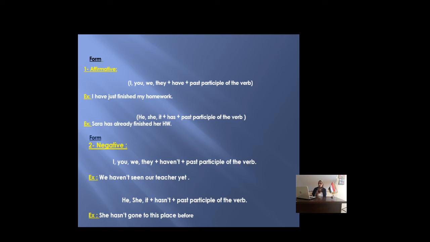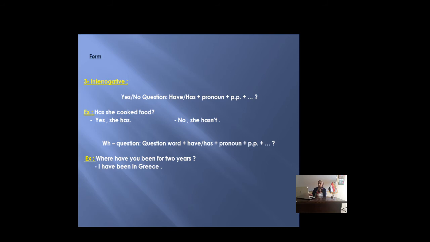Let's go to the other one that we have here. It's slide 7, the interrogative form, which means the question form. As we said, we have 2 types of questions. We have yes or no questions, which means that we have to start with the helping verb. And then we have WH questions, which means that we have to start with a word, just like where, when, what,